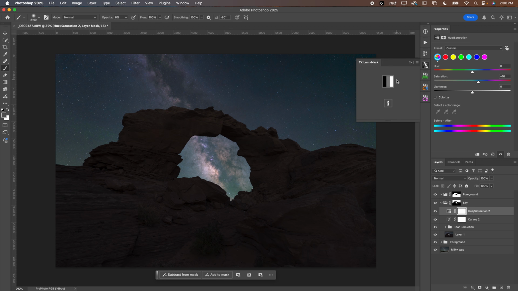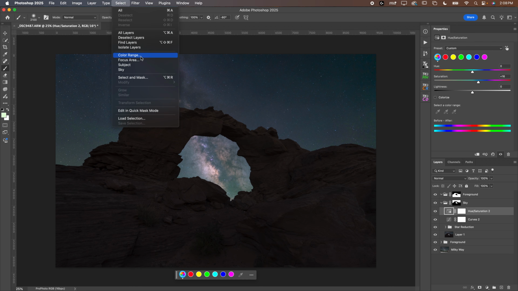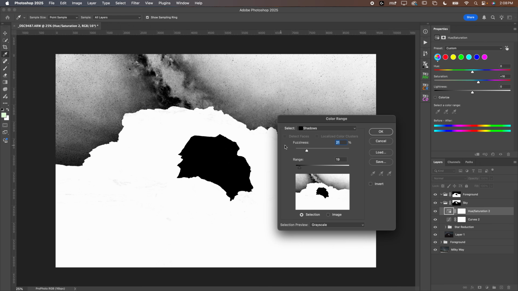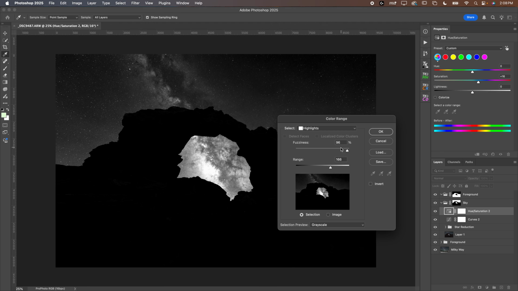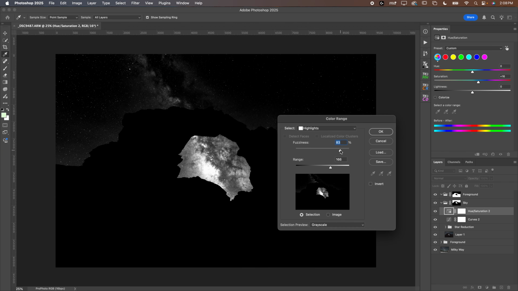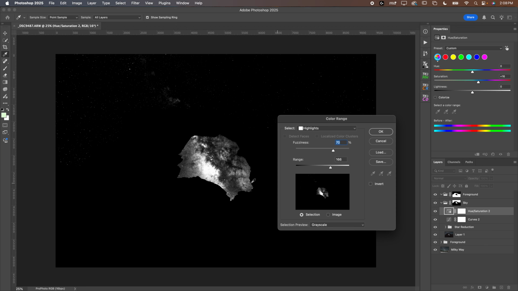If you have a luminosity mask panel like the TK luminosity mask, you can do it there. I've already mentioned enough products, so I'm going to show you how to do this the free way. Not quite as good, but it is free to do it this way. So you're going to go to Select, go to Color Range. Going to select Highlights, and then you will basically just try and make a selection of whatever you want to adjust, or make whatever you want to adjust white here essentially. So I want to select that Milky Way nice and good because that's what I want to add this color into,